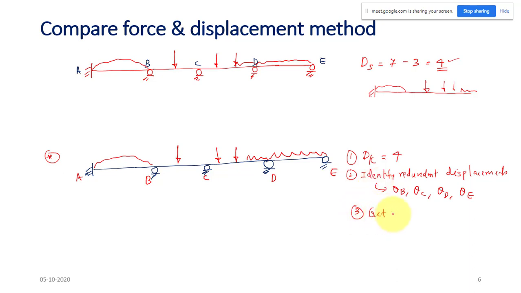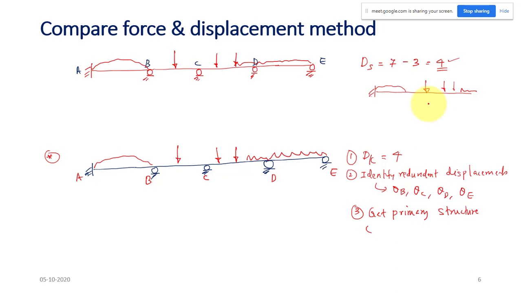Get primary structure, and in the force method, primary structure means statically determinate. So what should be the primary structure in this case? Anybody can tell me what should be the primary structure in displacement method? Only the cantilever, ma'am. No. Give me the term. Here the primary structure is statically determinate, so only three unknowns, there won't be any extra unknown. And here what will be the primary structure? Only the cantilever beam? No.